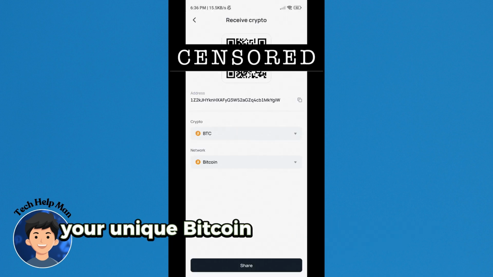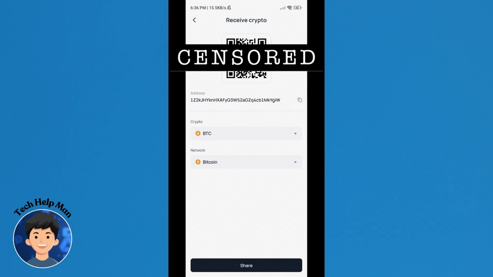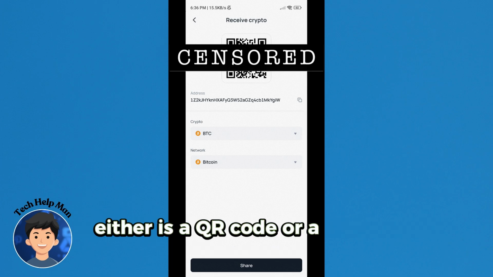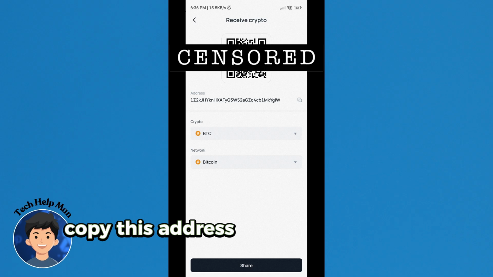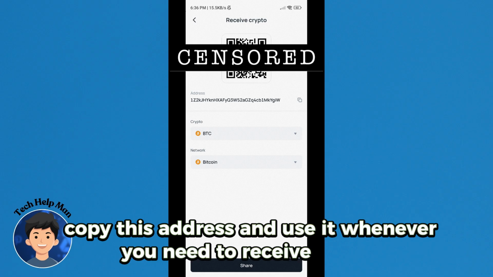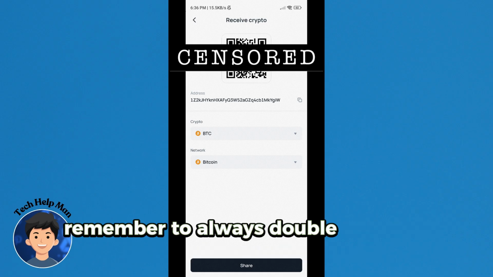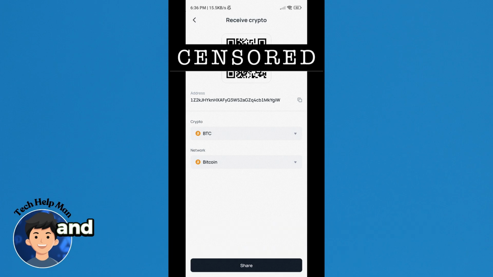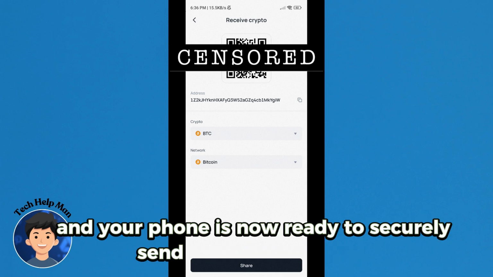Your unique Bitcoin wallet address will then appear, either as a QR code or a string of characters. Copy this address and use it whenever you need to receive Bitcoin. Remember to always double check the address before sharing, and your phone is now ready to securely send and receive